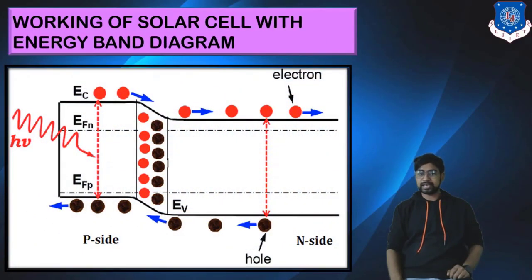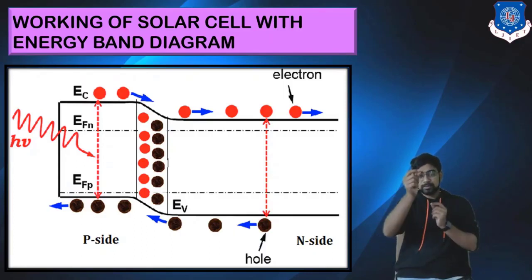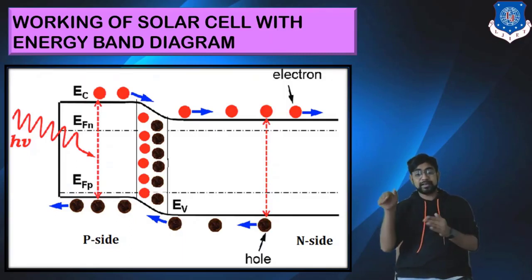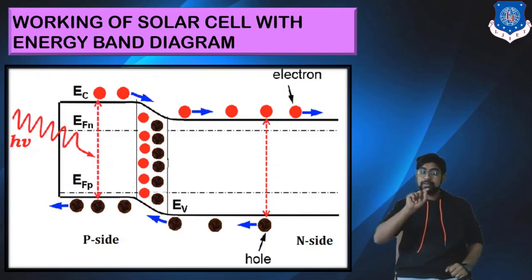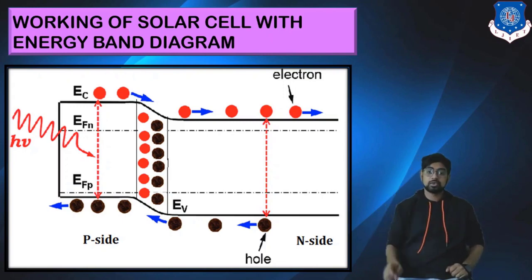Now, working of the solar cell with the energy band diagram. You can see what usually happens when you give sufficient energy: the electrons go from the valence band at the bottom to the conduction band. But when the electron is going up, the electrons on the p side will be repelled from going from this end to this end, so they will not be allowed to go. So they take the other path, that is through the load. They will come back to the p type via the load. This is how the solar cell works.